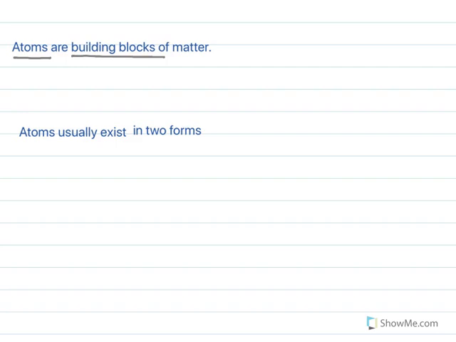Now, in an atom, there are positive as well as negative charges. And the atom on the whole is neutral because the positive and the negative charges are equal. You will learn this more in detail in the next chapter. But for now, it's enough for you to remember that atoms are neutral. They are made up of charges, but they are neutral.